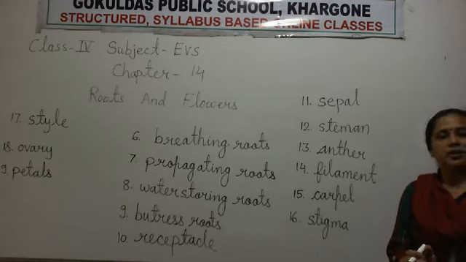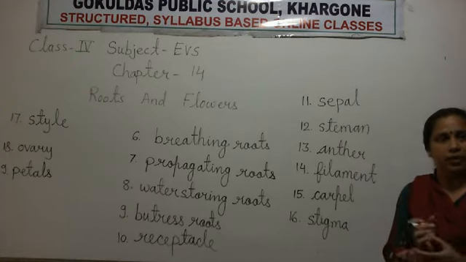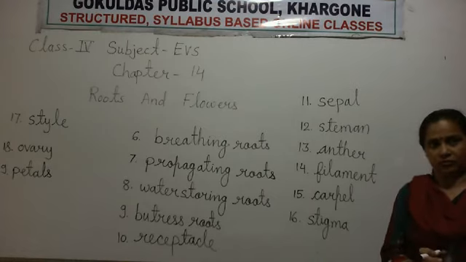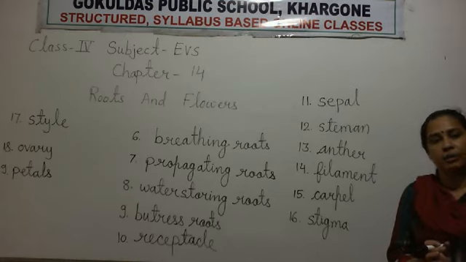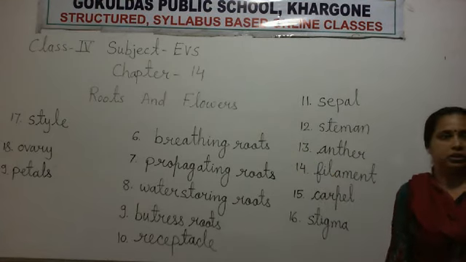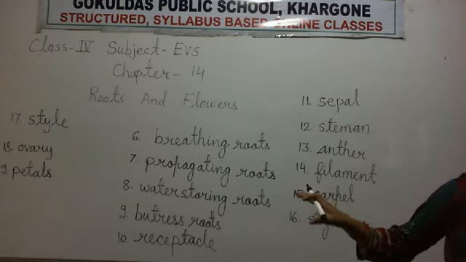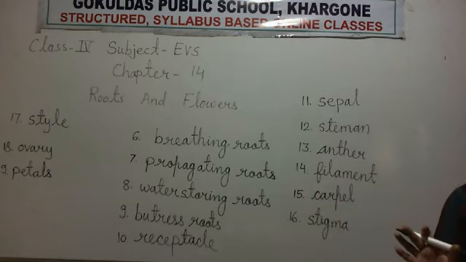Clear? And what is the function of the filament? It holds the anther and it attaches with the ovary and the sepal. Clear? And filament is a tube-like structure. It is a hollow structure. अगर हम इसको अंदर स्टडी और करेंगे ना तो फिलामेंट एक होलो स्ट्रक्चर होता है, ट्यूब जैसा स्ट्रक्चर होता है और स्टाइल भी वैसी ही होती है. बट this thing is not given in detailed form in this chapter. Only the parts of a flower, types of roots and special roots are given in this chapter.